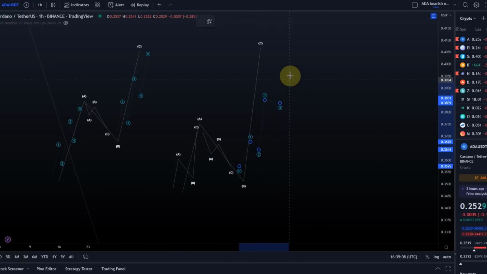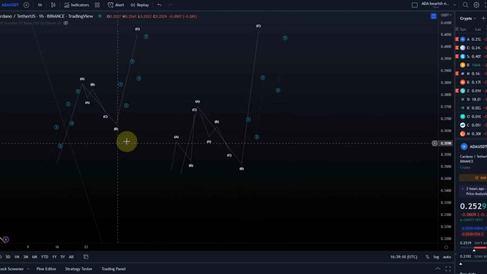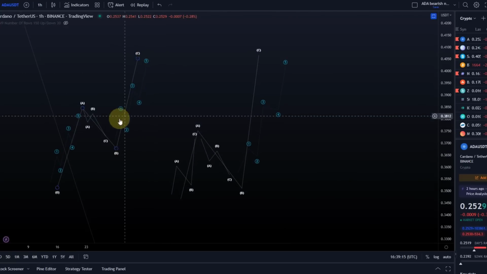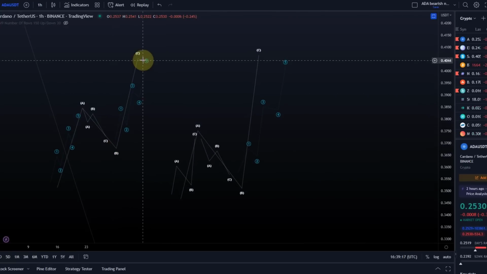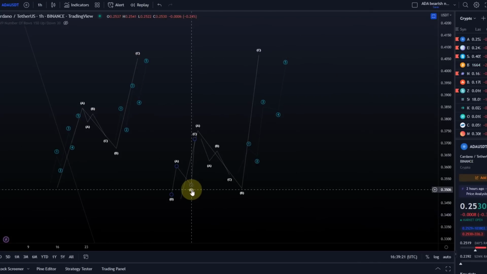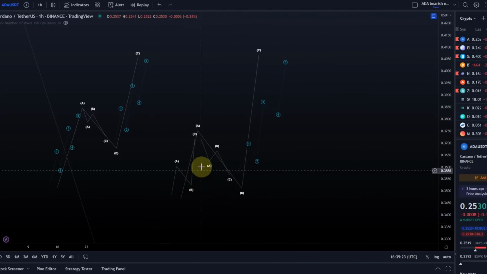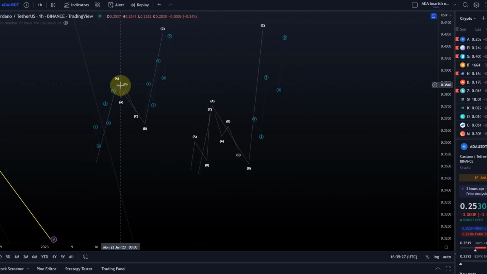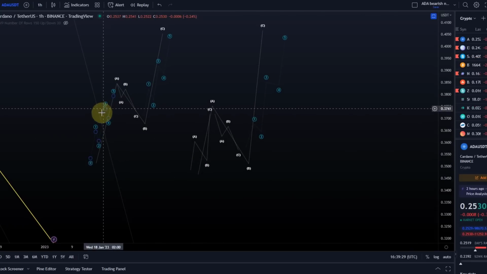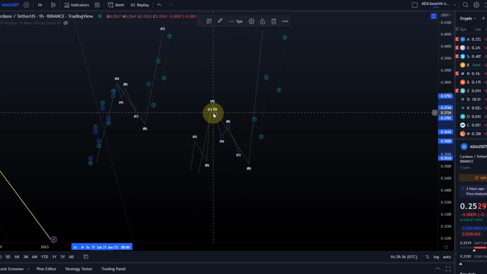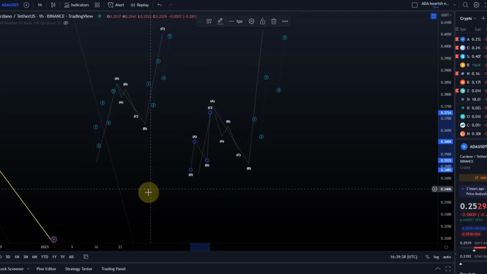And this is where a lot of people can get faked out, because you need to understand that the C wave can be, or typically is, an impulse, and that's when a lot of people get bullish. But then often after 3 waves, it's going to break down. You need to know those mechanics, and after a while, you get the feeling for this. At the moment, we're somewhere here on the ADA chart, so around the 3rd wave here. So it could either be this impulse, or it could be this complete A wave already.